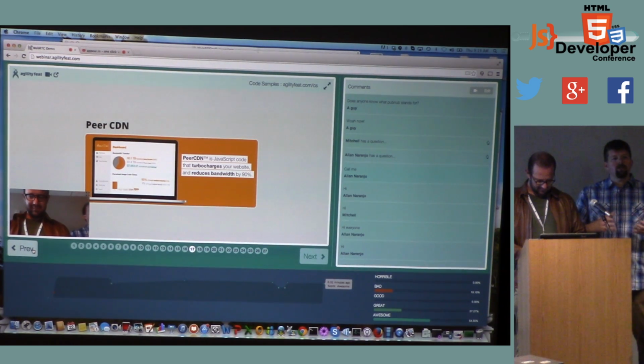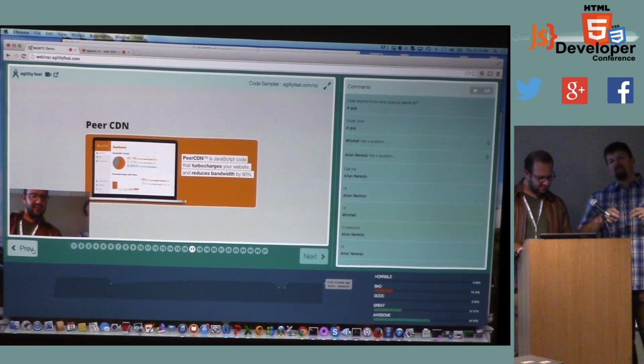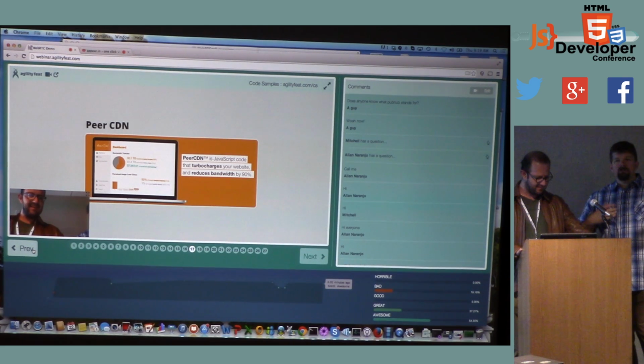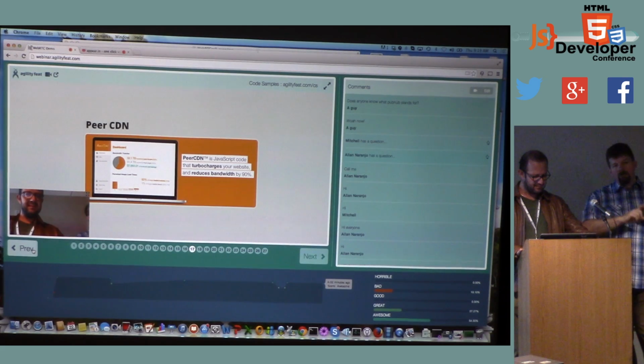And what they do, and some others are doing now as well, is use WebRTC's data channel as like a peer-to-peer BitTorrent between users on your site, so that if David and I are both on Yahoo's site, instead of Yahoo serving the static assets to us or using their CDN to serve those static assets, if our browsers are WebRTC compatible and Peer CDN can set up a connection between us, the static assets will get served to my browser from him, and Yahoo didn't have to host it on their servers, and they didn't have to pay their